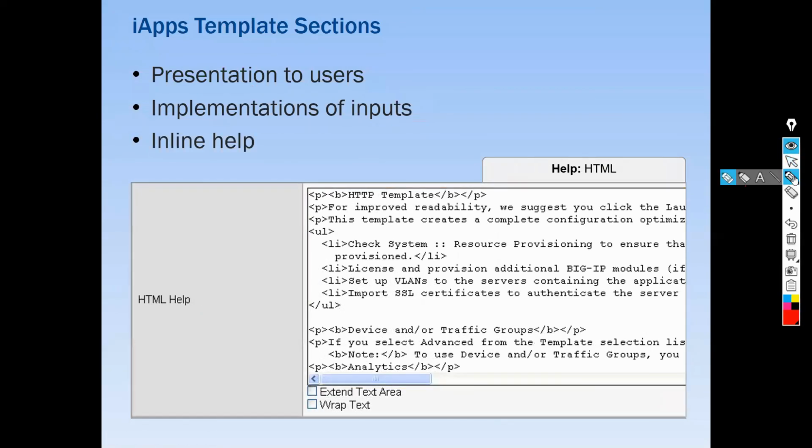And for help, inline help, the HTML help section. Okay, this will be a little confusing for you, but if I do it as a lab scenario, it will be very clear. Okay.